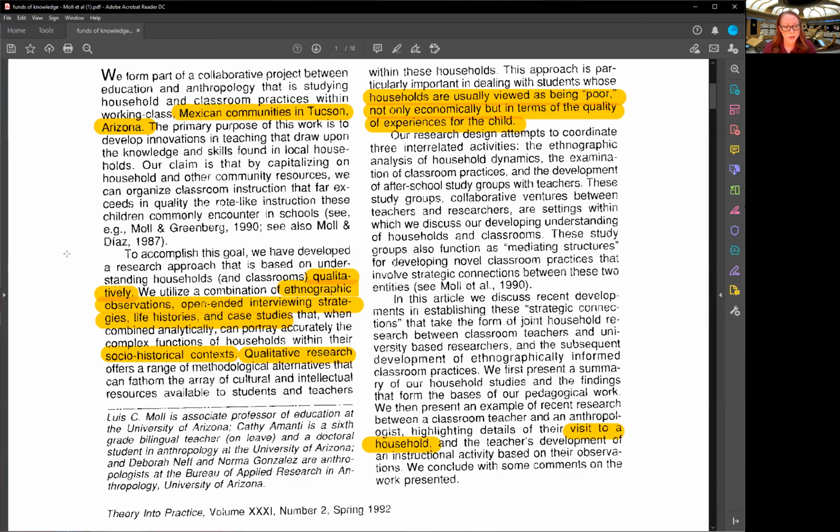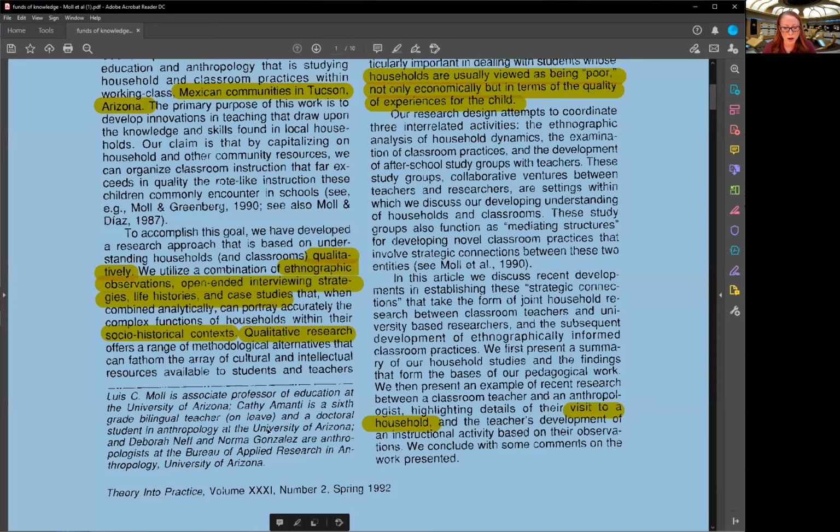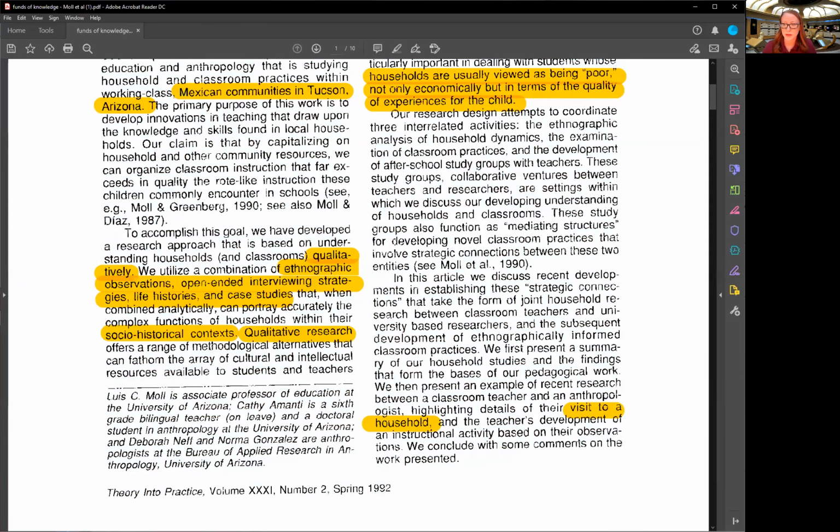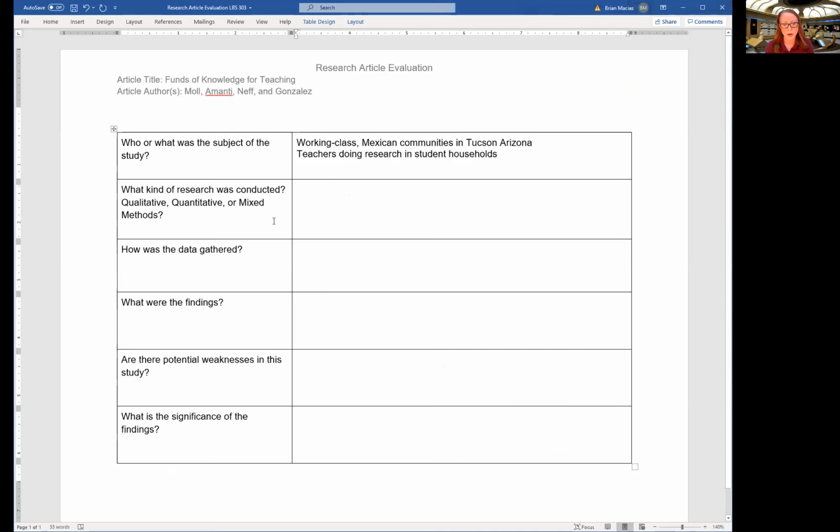So right here, the author explained all of this to me in only the second paragraph. And often you will find that this is very common. Early in the article, the author will tell you. So now that I know that, I'm going to go ahead and add that to my template. All right. So I'm going to put qualitative, and then I'm just going to make a note to myself about how I know that. It said in there,